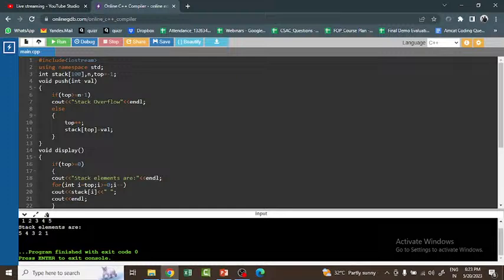So if top is greater than or equal to 0, the function prints "stack elements are", and I will use a for loop to iterate from top to 0, printing the stack elements in reverse order. If the top value is less than 0, it means the stack is empty and the function displays stack is empty, right? So this is how I will be